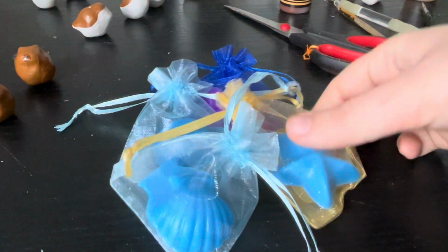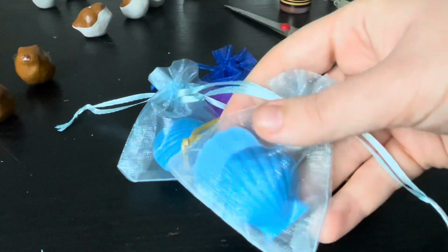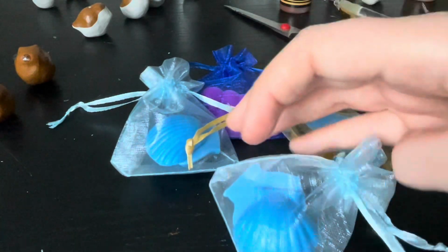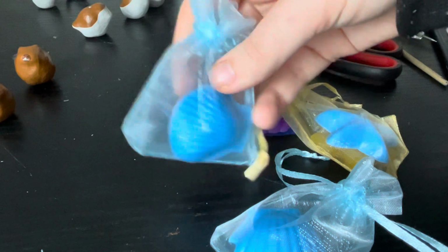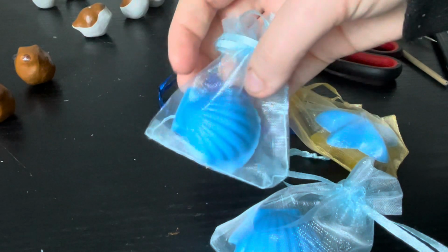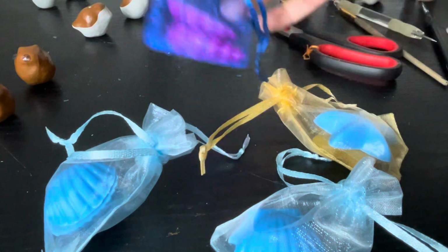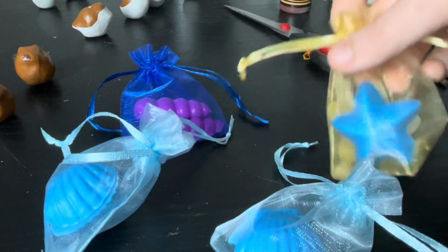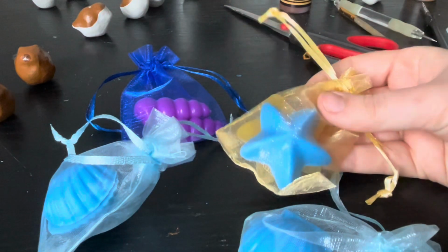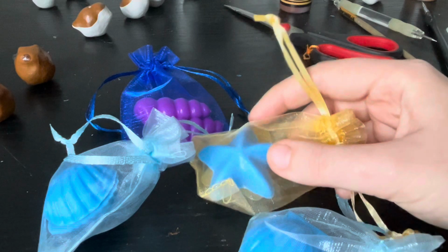So I've just divided the wax melts into little bags. I normally do 2 per bag so that people can have 2. So I've got 2 of the blue shells together. One blue shell that's different from the other one, but they're scented the same and everything. I got the 2 purple ones together in a different colour bag, just in case. And then I got this one in a different colour bag because I had one spare blue star,